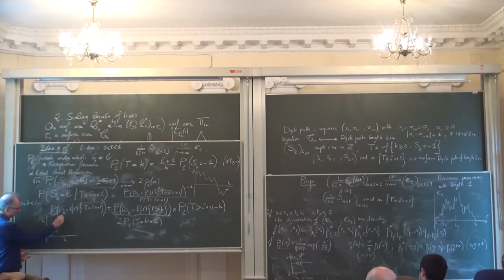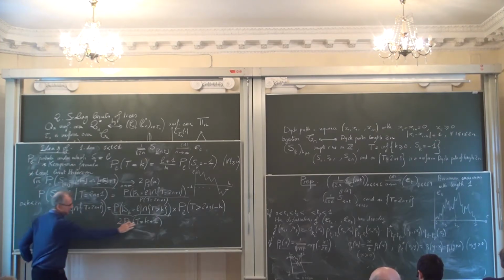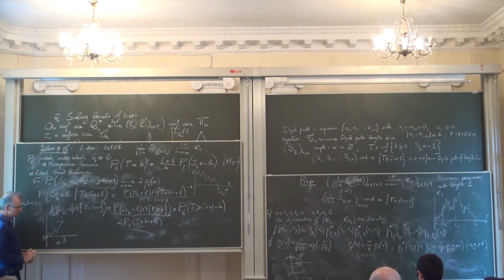And now you just do a time reversal argument. You look at your random walk in this direction, okay? And you see that you have a random walk starting from L, which is conditioned to be at 0. You want it to be at 0 at time k. But you can also say, well, there will be with probability 1/2 an extra step here of -1, so that we will have this T equals k plus 1. Okay? So the 2 comes from the fact that you have this extra step here with probability 1/2. Okay, so it's just a simple argument.